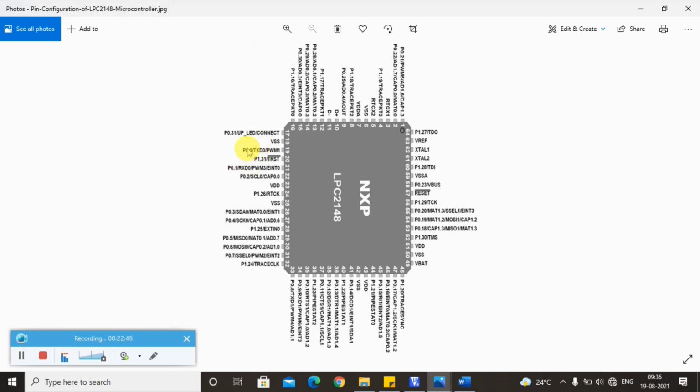Now if you want to access the second or third functionality, we have some bit codes. Remember that. For example, to access the first functionality of port 0.0, I will use 00. Second functionality is 01, third functionality is 10, fourth functionality is 11.